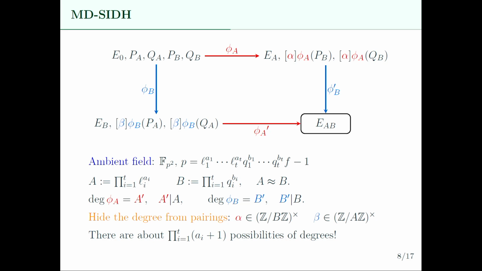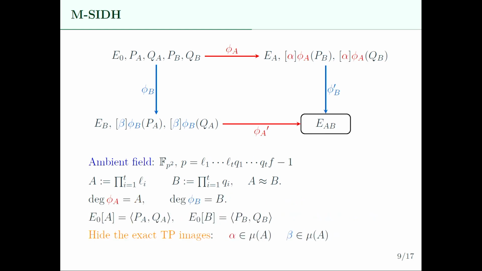And note that what you have here, which is different from SIDH, is that you have an exponential number of degrees, so the degree is not provided. So in the second version, where you try to hide the torsion point information, how do you do that? Usually you have these schemes where you have a degree which is not fixed, and in general for SIDH, it's really not what we have. In SIDH, you have fixed degree.